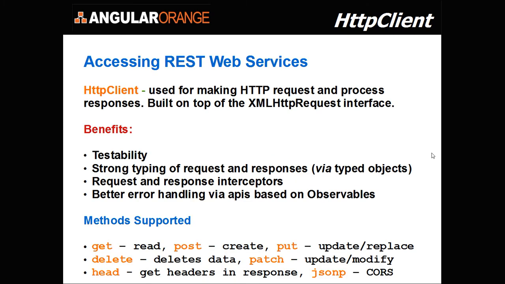Okay, the HTTP client is used for accessing REST web services. It's the HTTP client module in addition to the HTTP client object which you use inside your application. The HTTP client is used for making the HTTP request and process responses, and that's built on top of the XML HTTP request interface. There's certain benefits for using it: testability, strong typing of the request and responses via typed objects. There's these interceptors you could use to process requests and responses, and there's better error handling via APIs based